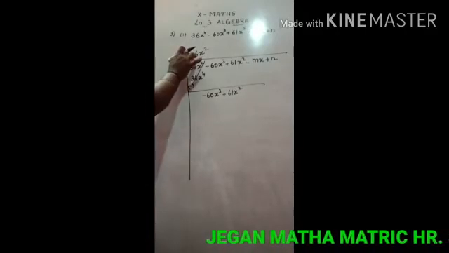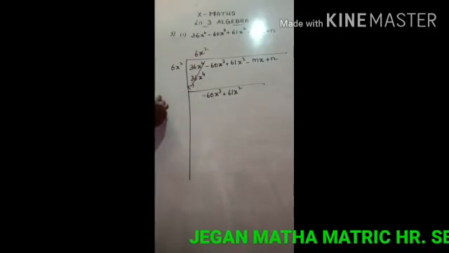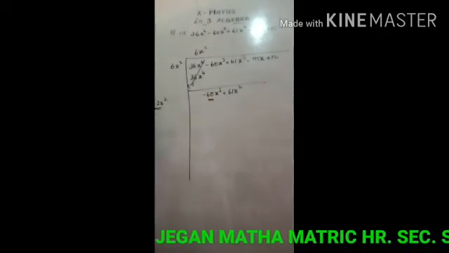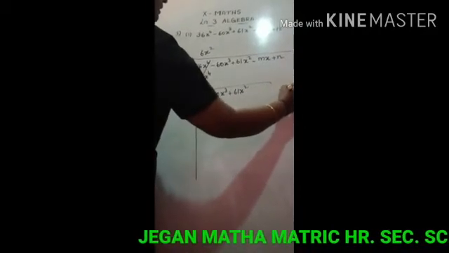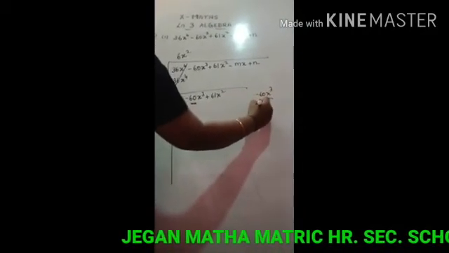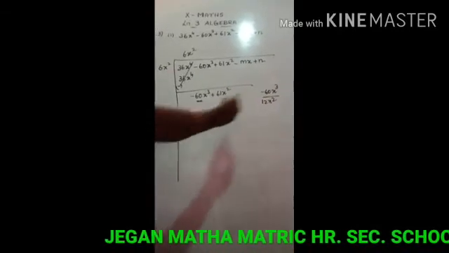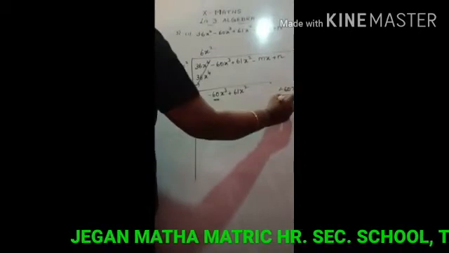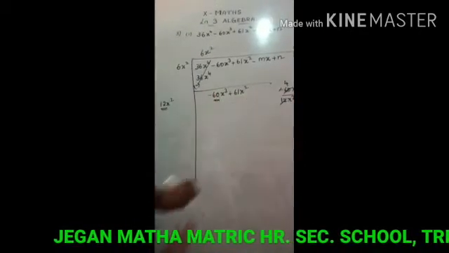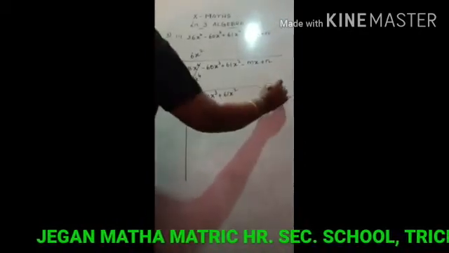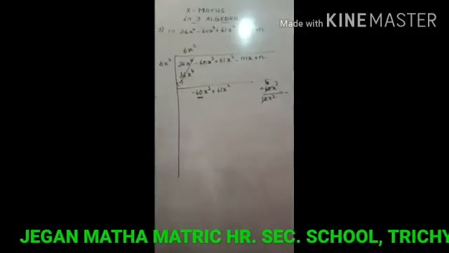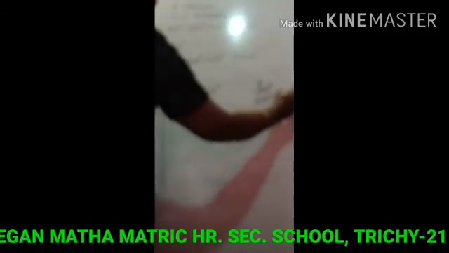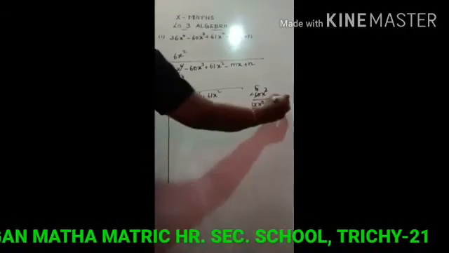In the quotient, we have 6 2s are 12, so 12x square. So take the first expression, 60x cube divided by 12x square. We have minus divided by plus, minus. 1 12s are 12, 4 12s are 48, 5 12s are 60. So x square, then x cube, we have x. So 5 times, so minus 5x.